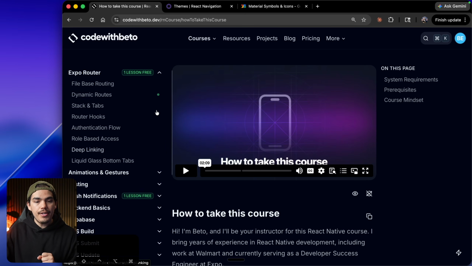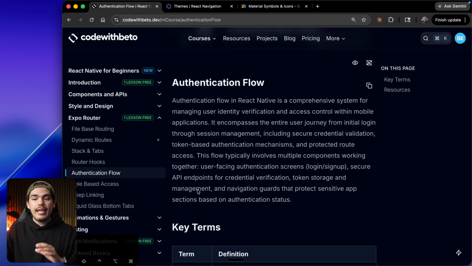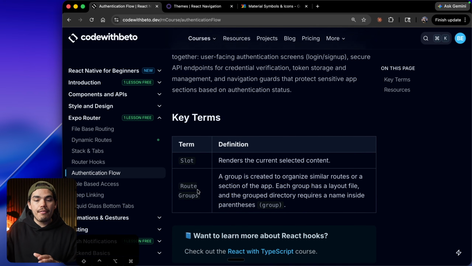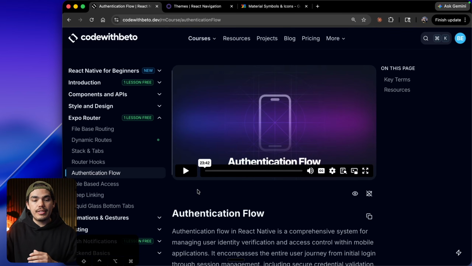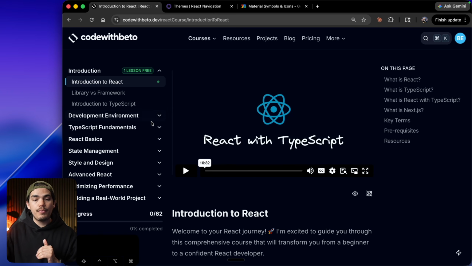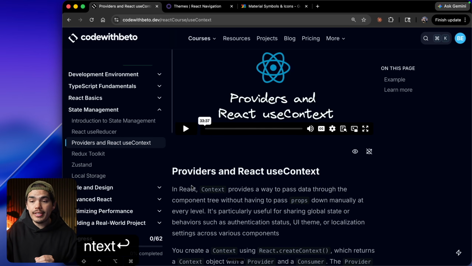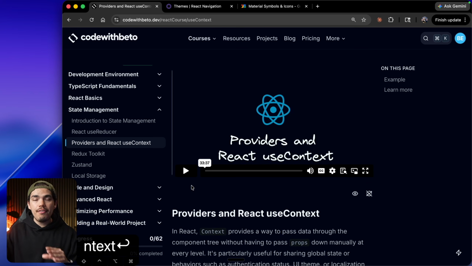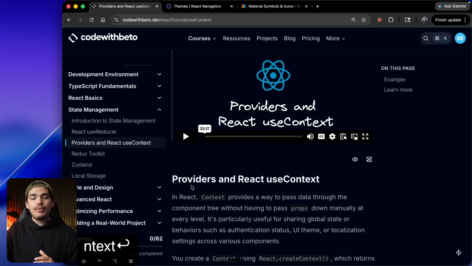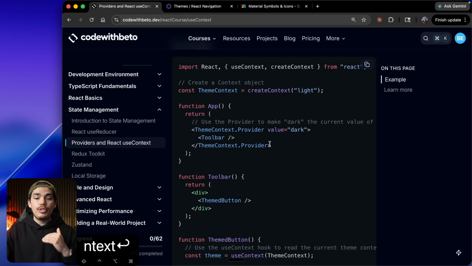Under Expo Router, I have a lesson with authentication flows, and this lesson actually covers everything that you need to know to handle authentication. If you are new to React, I also have a lesson in my React with TypeScript course. I have a lesson called Providers and React useContext. This lesson will teach you everything you need to know on how to abstract the state and set it as a higher order component to then use it